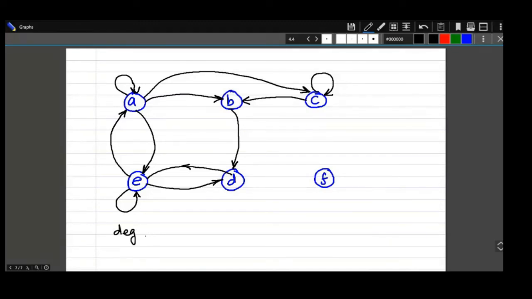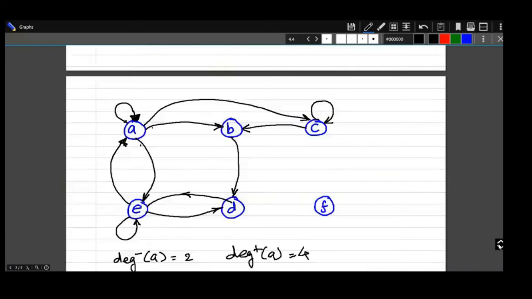So degree minus of A. What do you mean by this? In degree. The in degree of A is how much? 1, 2. Look at this. How many edges are coming to you? How many edges are terminating at you? So this is 2. And like that, degree plus of A. How many edges are leaving? 1, 2, 3, and 4. Don't forget to count this loop. It is going to be 4.